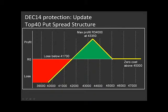It's a put spread option structure. I bought 2 put options on the top 40 future, and I sold 4 far out the money put options on the top 40 future. The resultant payoff is what you see here. So above 45,000 on the top 40 future costs me absolutely zero. It makes money below that level. It makes its maximum profit at 43,350, and then that profit will start to dwindle away if the market should